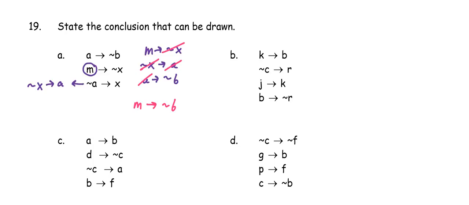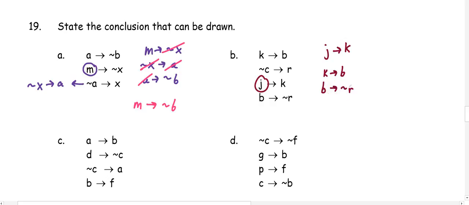So in part B, I look and see what letters on the left, if any, have not been repeated. And I notice that J was not repeated anywhere else. So we're going to start with J. So we have J to K. Now we already have a statement that starts with K, so K to B. We have a statement that starts with B, B